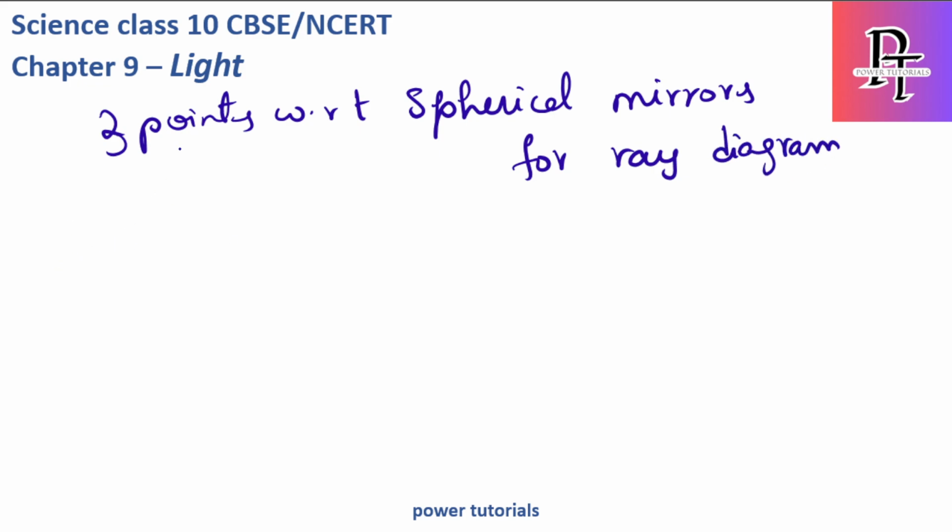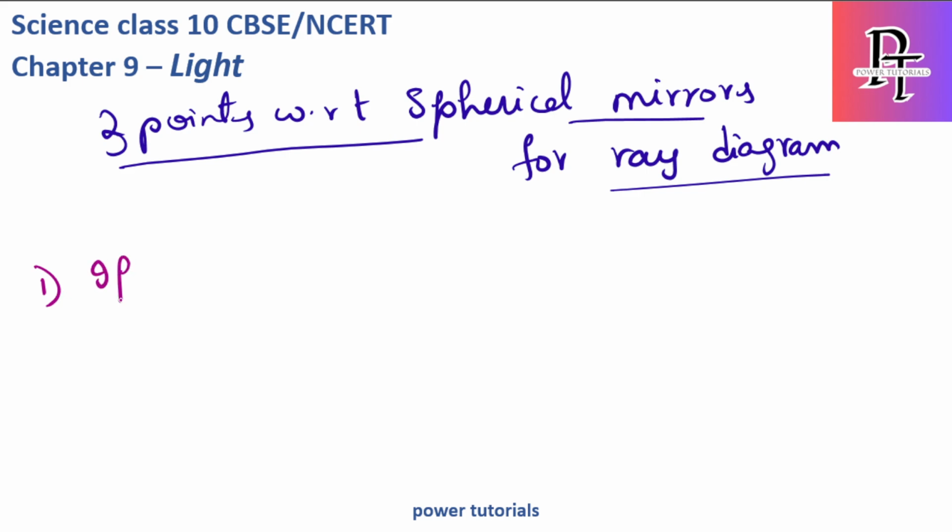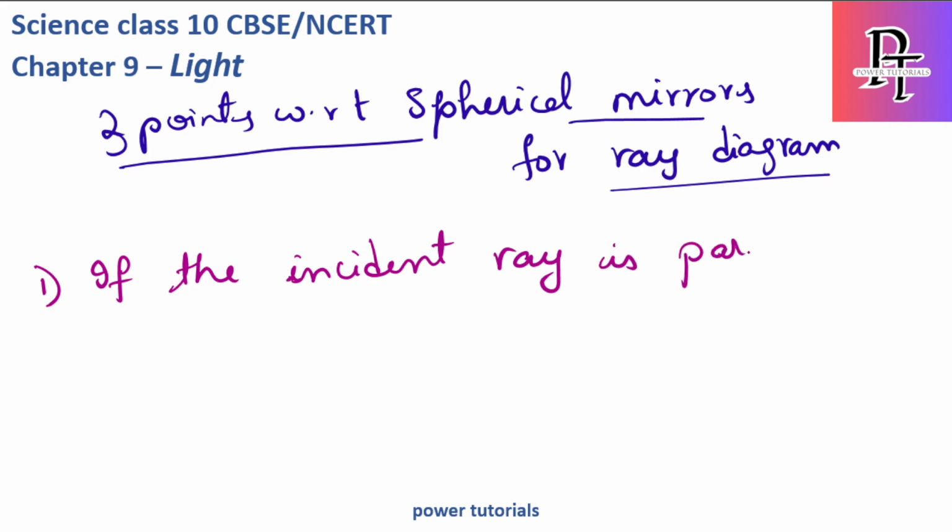First point: if the incident ray is parallel to the mirror, or instead, parallel to the principal axis, I can say that will be better,